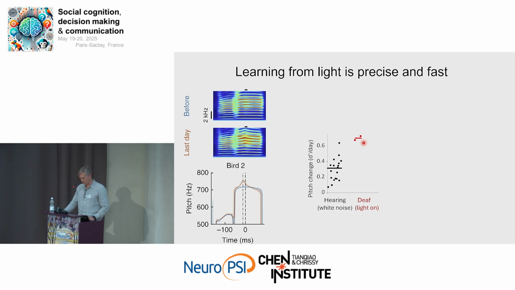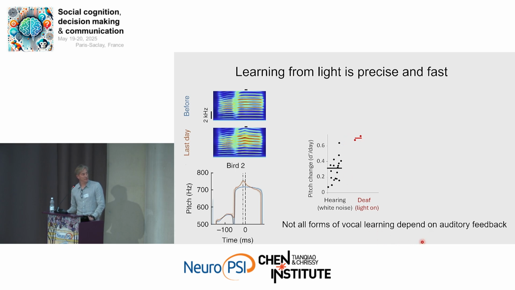So first of all, this shows that not all forms of vocal learning depend on auditory feedback. And for me, it also argues a bit against the simple coevolution of the motor and sensory apparatus, right? Because birds did not evolve to use light to change their pitch, and yet they learn very, very rapidly. So I think it's an amazing feat of the brain. It's also interesting that this idea of using visual feedback to teach deaf birds could be used as a form of therapy, or to maintain speech, for example, in humans.